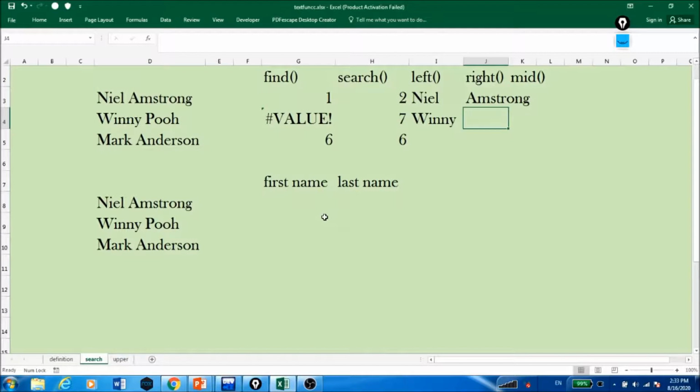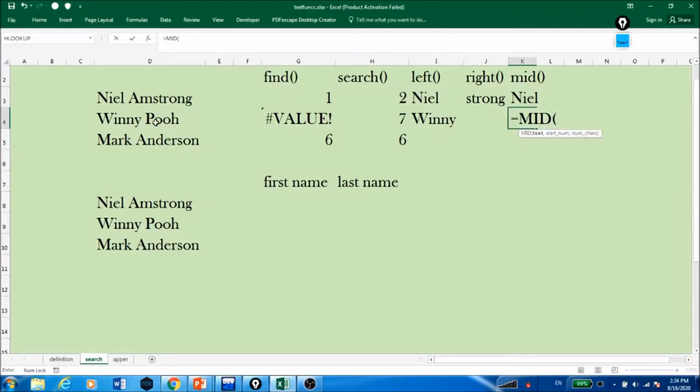Equals RIGHT function, comma, here you are giving 8 characters, so it will give you the 8 characters from the right side. Suppose you are giving 5, then it will give you the total number of 5 characters from the right side. Equals MID, text comma, here the starting position, if you are giving 1, so it will start with n, comma 4, so it will end till l, so it will give you 4 characters from the beginning.